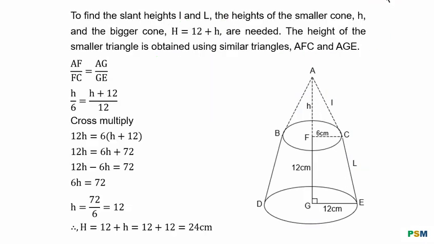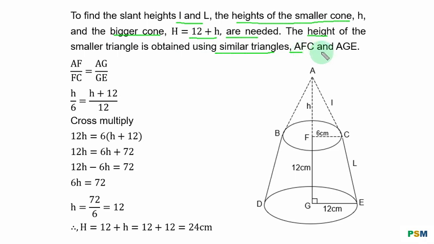To find the slant heights L and capital L, the heights of the smaller cone H and the bigger cone equal to 12 plus H are needed. The height of the smaller triangle is obtained using similar triangles